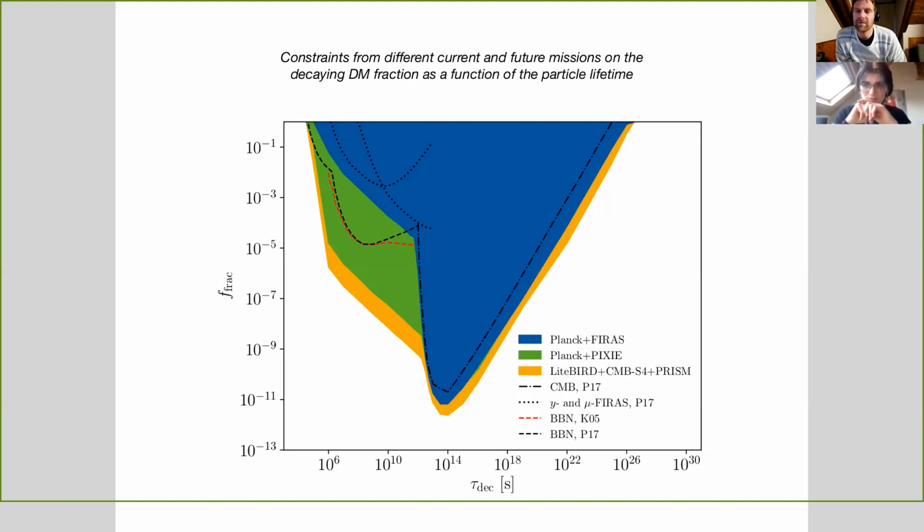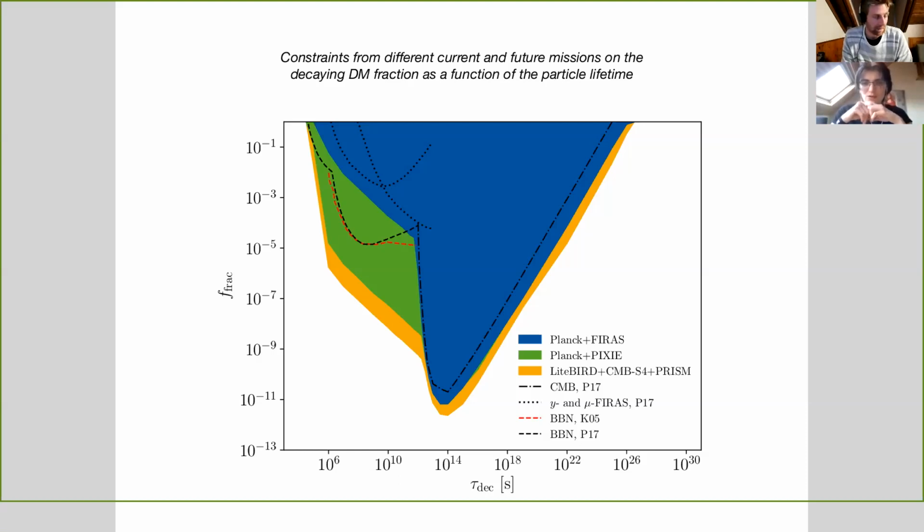Is there a good physics intuition for why it's the shorter lifetimes that would be more probed by spectral distortions? Again, it's the scales at which they become dominant. Okay. So shorter lifetimes would inject energy in a way that wouldn't necessarily cause anisotropies, but it would definitely cause spectral distortions. Okay.